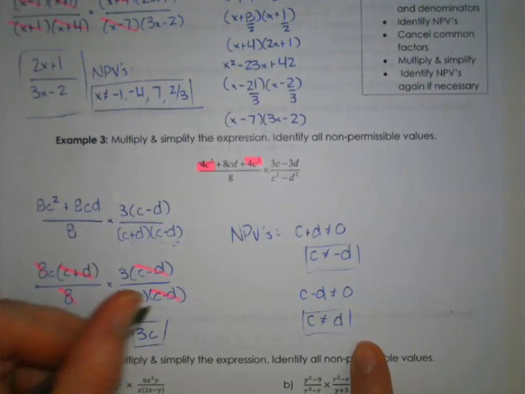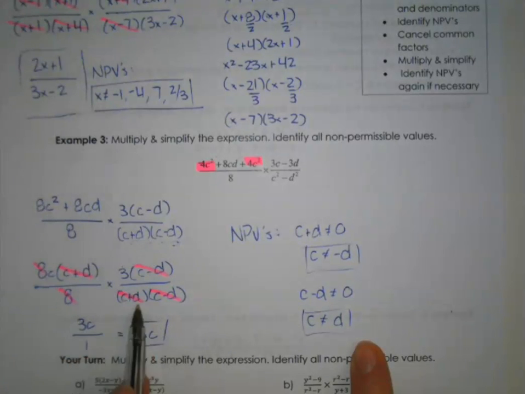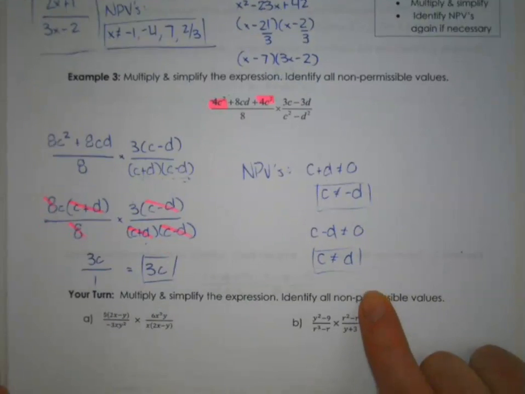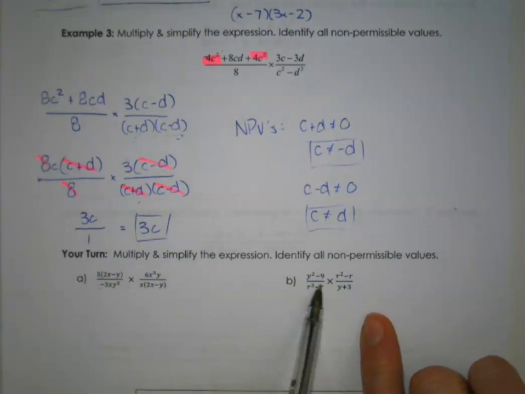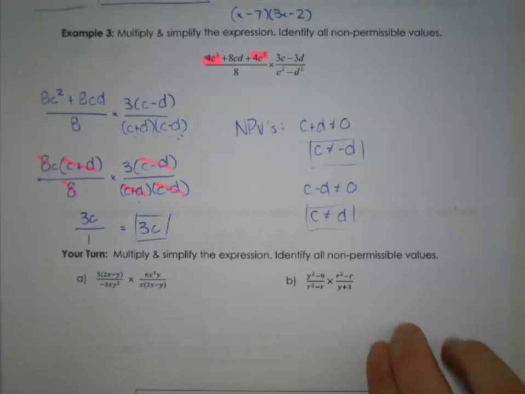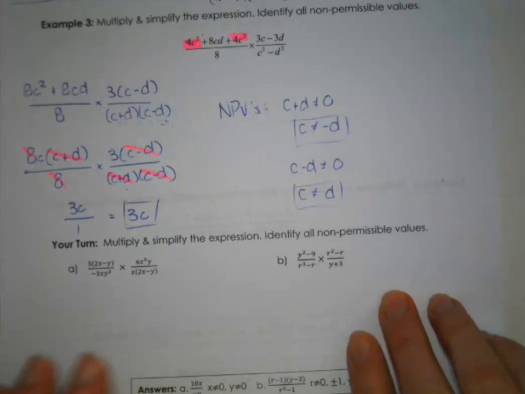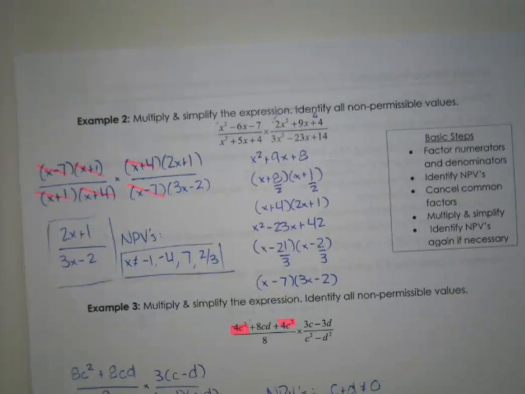Let's see, and that's everything. That's all of the denominators that have variables in them in the steps that we took. So that's all of our NPVs. All right, you guys have a chance to try these out for yourself. So if you want, you can pause the video, see if you can solve those ones, and the answers are listed at the bottom. But we are going to move on to,